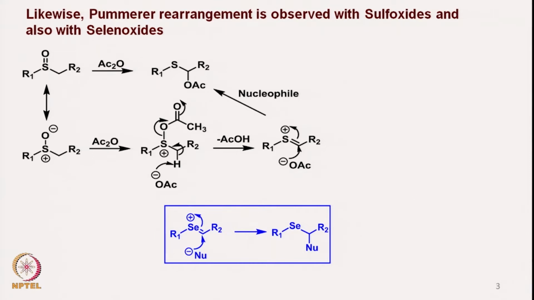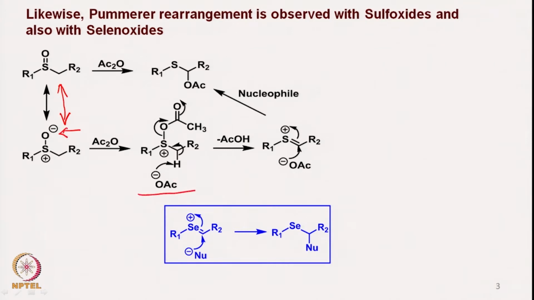So, I will not spend much time on it because we did it last time. Nevertheless, the sulfoxide here, for example, reacts with acetic anhydride, and therefore one can write the resonance structure of